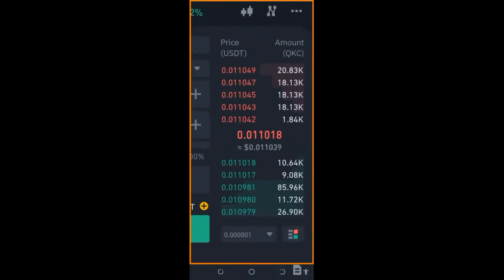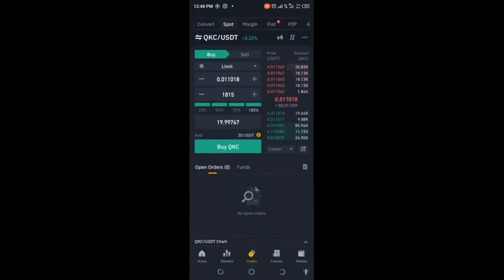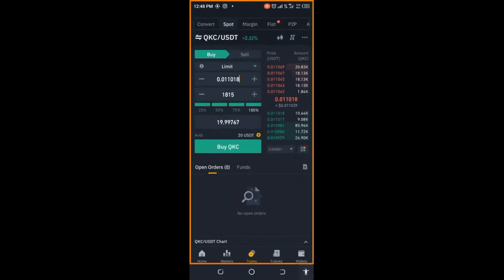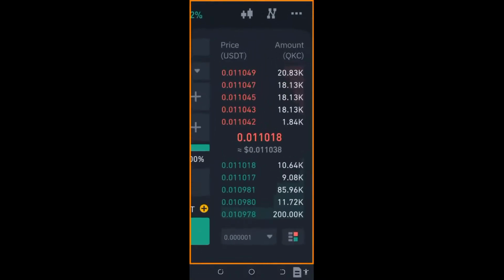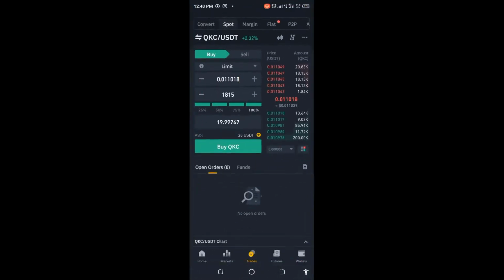So what we want to buy is 1,000. Let me check that again. What we want to buy is 1,815. So now let's take a look at this. If we see here, we have 1,840, which is still okay. So it's still on the amount that we want to buy. But because we want to get it bought immediately,